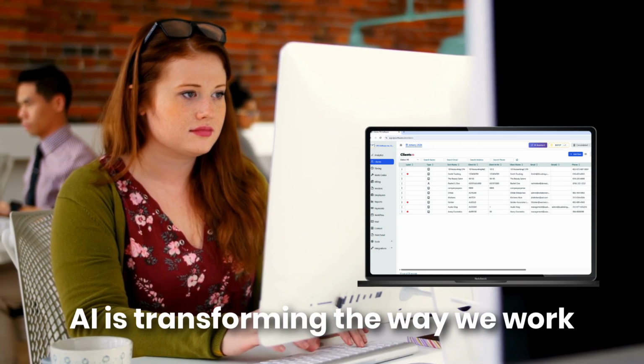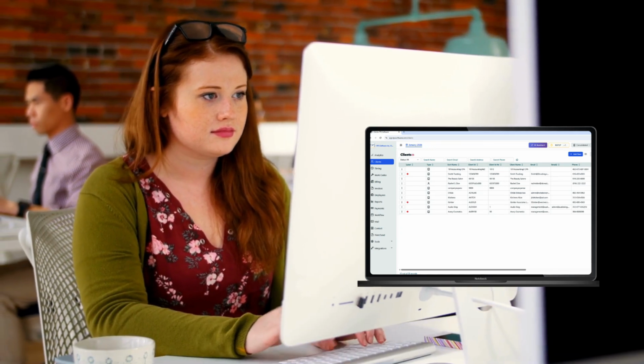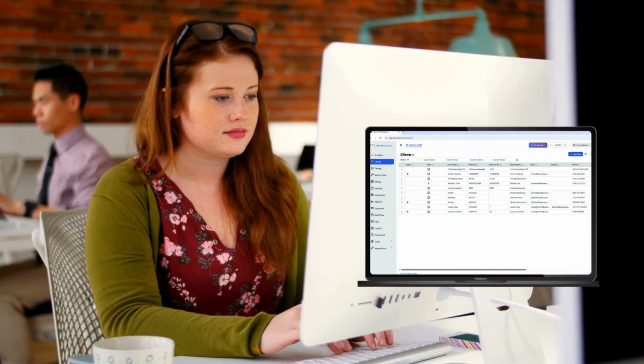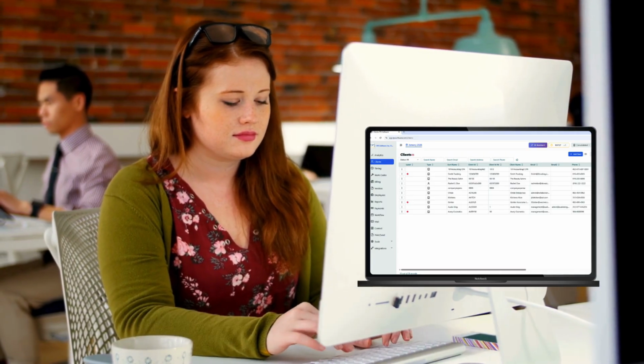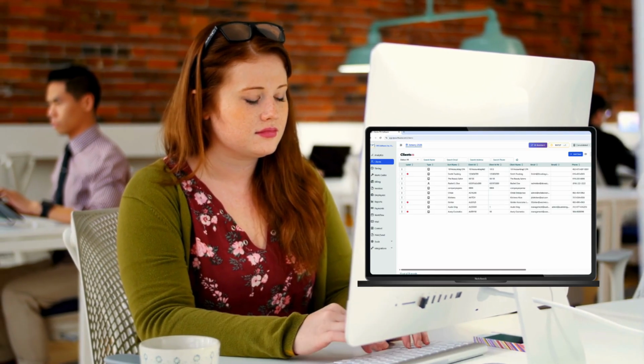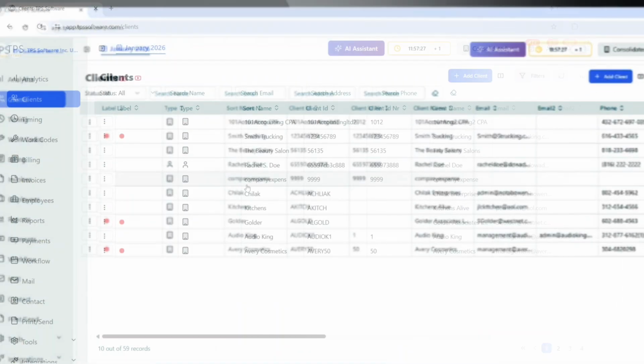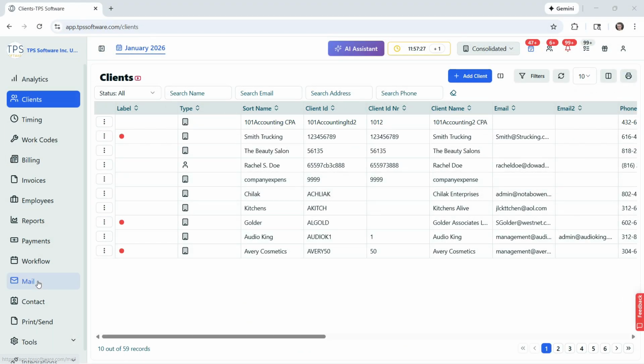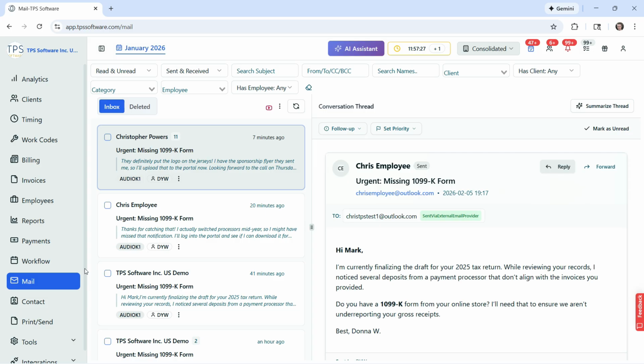AI is transforming the way we work. That's why TPS software is harnessing its power to simplify your day-to-day, bringing you more efficiency and total peace of mind. Let me head over to our email area and I'll show you the ways you can already use AI